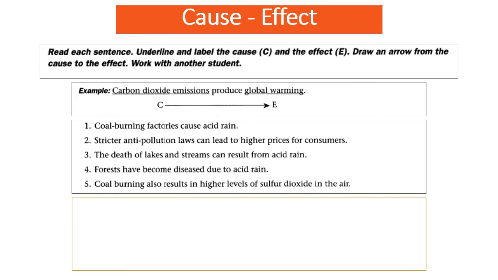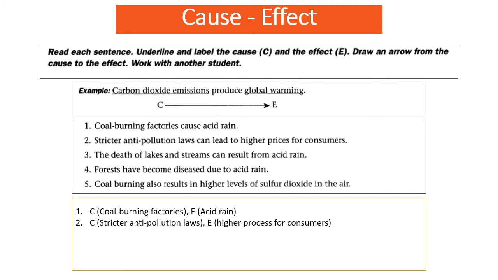Okay, so what are your answers for this exercise? Let's start from number 1. Coal burning factories cause acid rain, an easy one. So the cause here, it is clear that the coal burning factories, this is the cause, and the acid rain is the effect. And for the second question, or second statement,